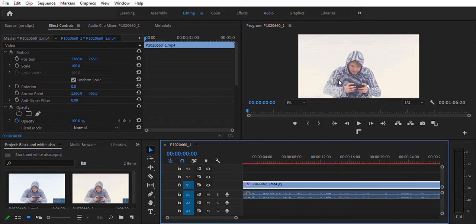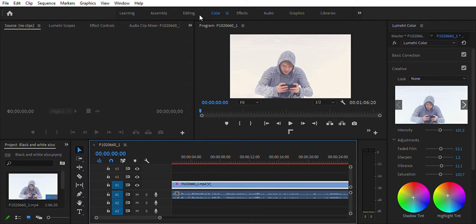In today's video, I'm going to be showing you how to color grade and change your video to black and white in Adobe Premiere Pro. So the first step is to go ahead and click on the color tab right here, and it should be at the top. Next step is you're going to go to the right area and